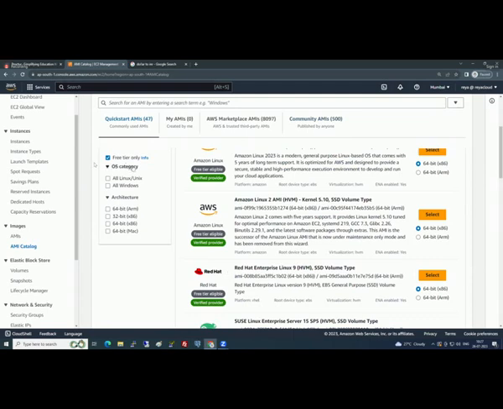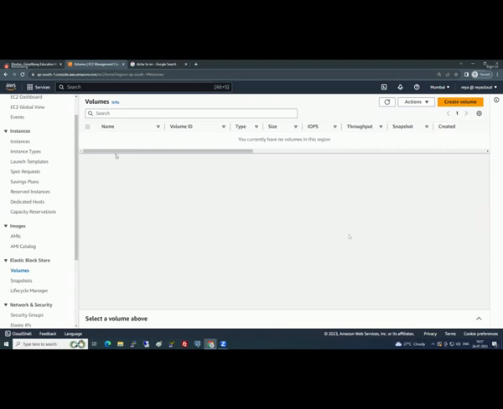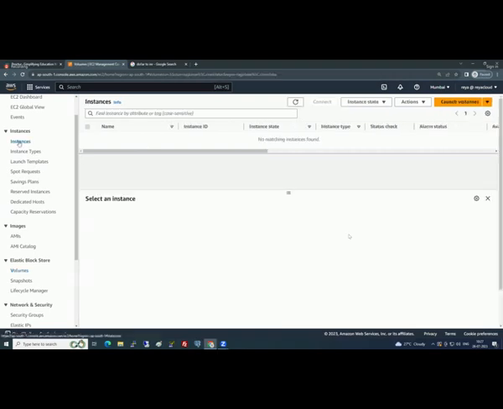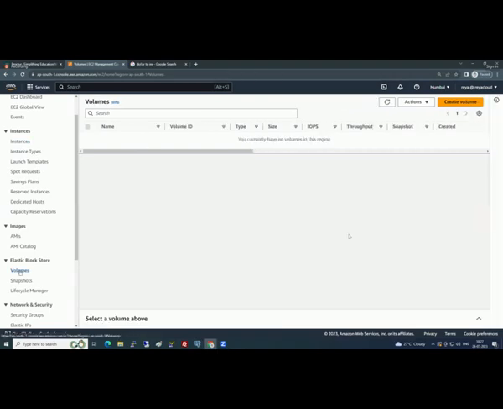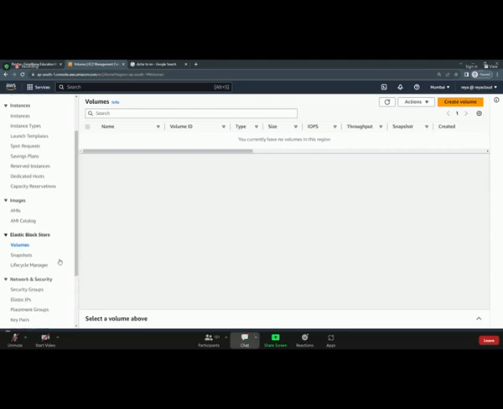Nice. This is the place where you can deal with volumes. If you launch an EC2 instance, all the volumes will sit here. The EC2 instance sits there and its volumes sit here. If you have launched 50 EC2 instances, you can see 50 volumes here. How do you identify which volume is for which EC2 instance? Based on tags.